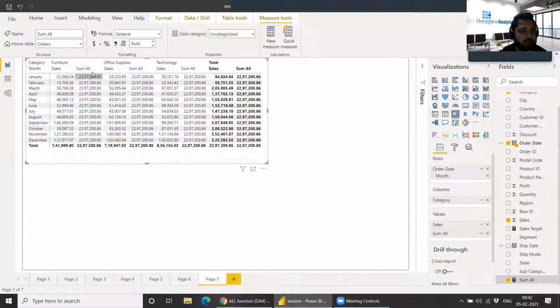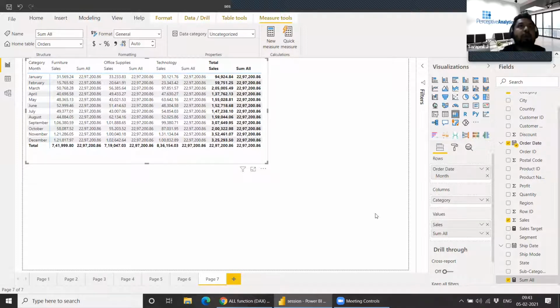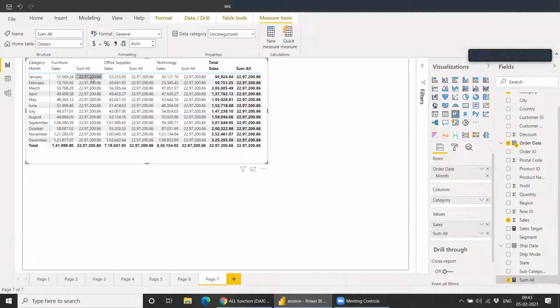So basically this all filter or all except filter helps you to control your visualization output. Understood. So filters won't affect the measure that you created, right? Visual filters, no. Those will only affect when they're applied to that. So if I create a calculated column in which I am using these filters, then only it would affect. This column is coming from data, and I haven't changed anything in it, so it would remain the same. Can we bring ordered days month into a filter and look for January, February, March?